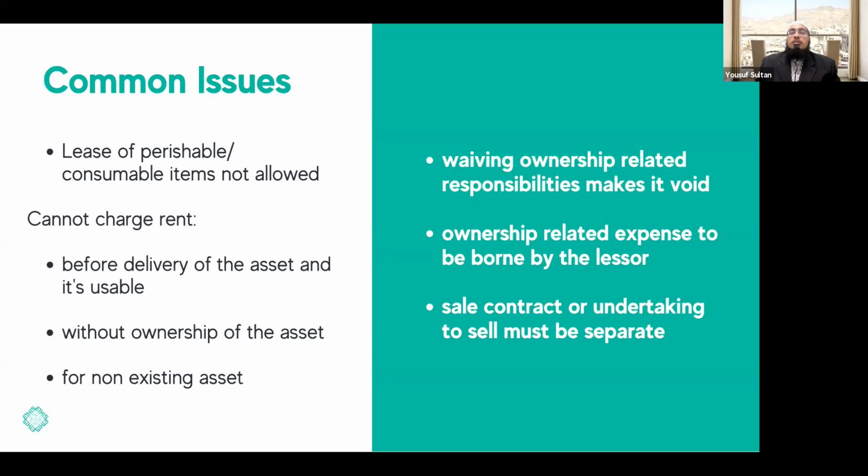Waiving ownership related responsibilities. So let's say the lessor says, I am not responsible for anything of this asset. He puts in a clause and both parties agree. This will make the Ijara contract void, because when I am discharging myself from the complete risk of ownership, then the ownership basically has to be transferred. However, because the contract is an Ijara contract, the ownership is not transferred either. So where does it stay? The contract cannot be in between. So it will be void. It will be void and it has to be a new contract again with proper principles and clauses.